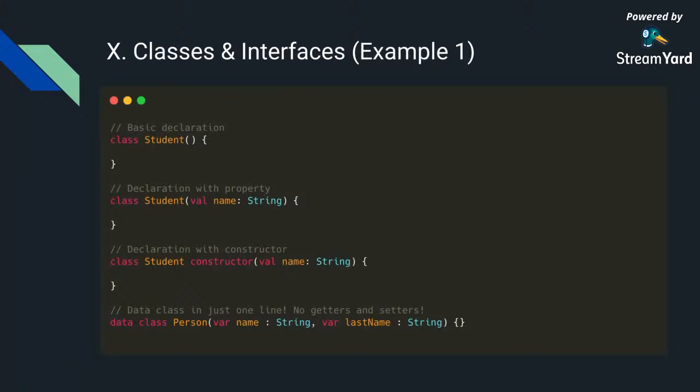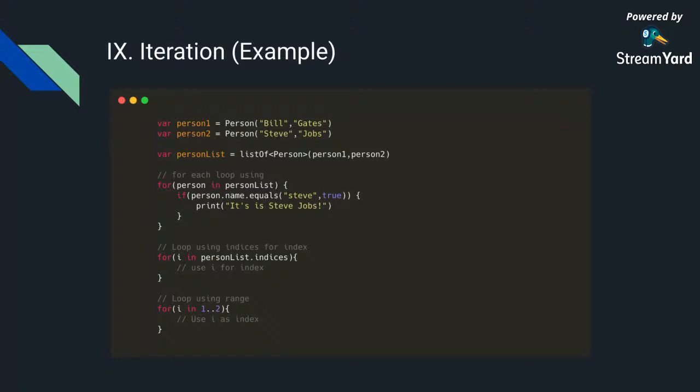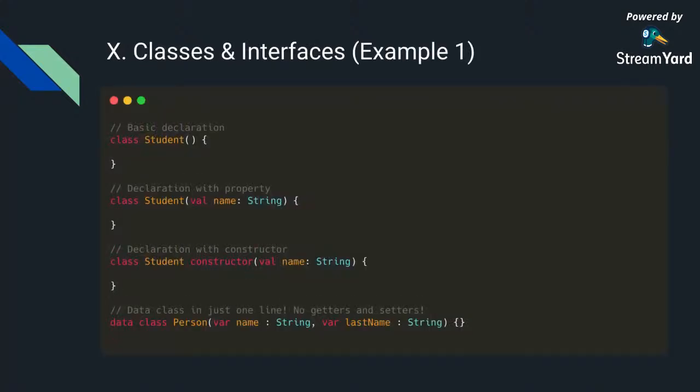If I can quickly go back to this example of Person here, this is a good example of how you can make a class with the property that you have defined, right? Here two properties are there. It is taking first name and last name. So that's what a constructor does. It helps you construct a class. And you can define this in a more legible way where you say class Student and then constructor and then have that constructor. You can have a secondary constructor also. We are not going to get deep into that right now. Okay. So this is the basic declaration of classes.